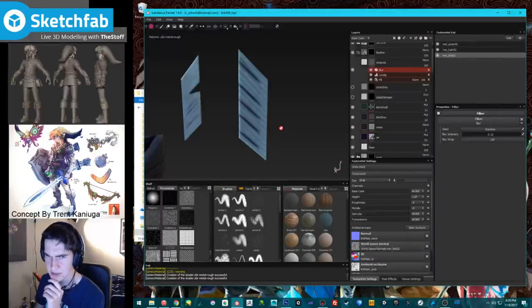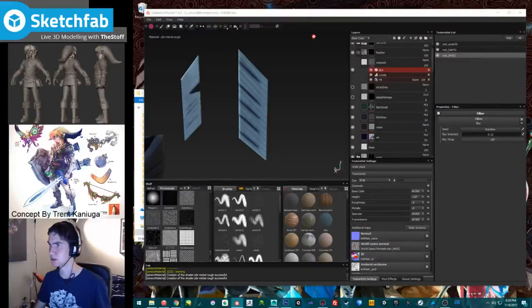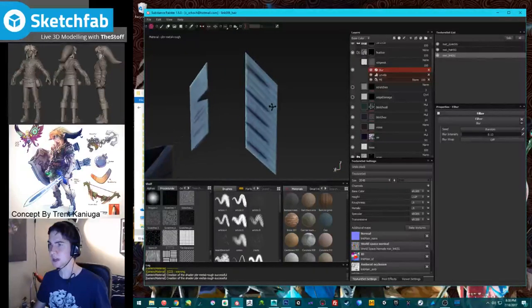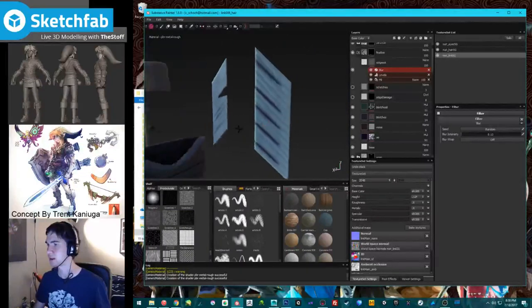Because what I used XGen for was I created strands and then I applied those strands to cards. Yeah, so I just made a bunch of patches and then rendered them out. I'm trying to think what was the latest character I did that on. Yeah, I think if you're gonna do that, I would use XGen. Just use XGen.